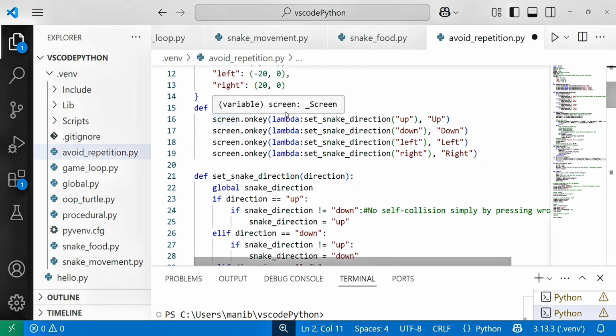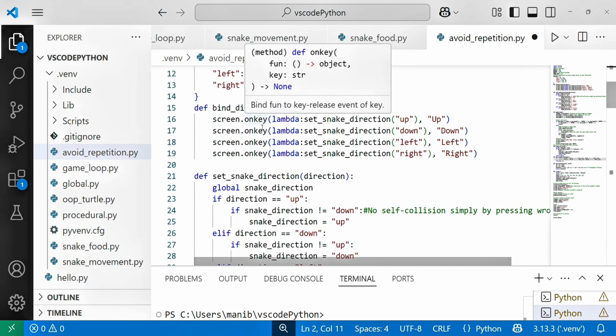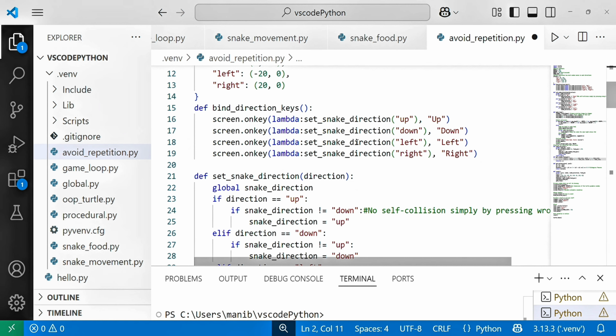So when the up key is pressed, the snake should move upward, so it calls the function with up. If the down key is pressed, it calls it with down. In a lambda expression you can pass the argument, and similarly set direction left and set snake direction right.